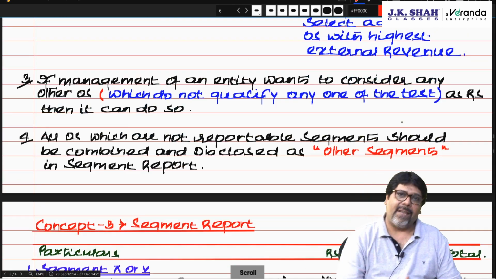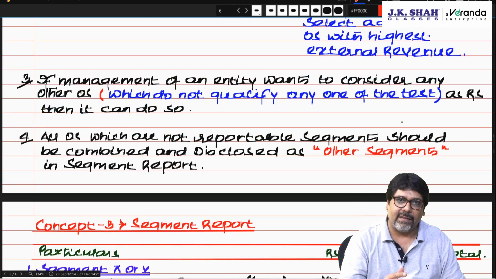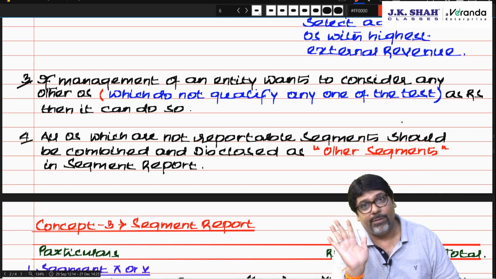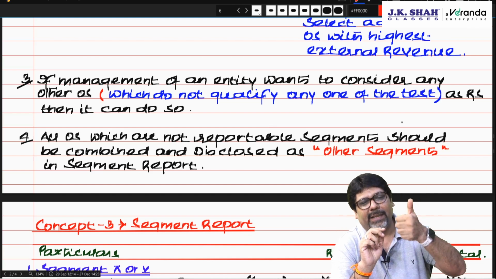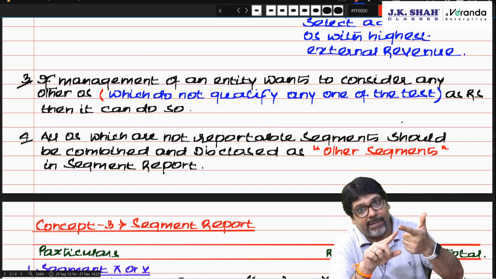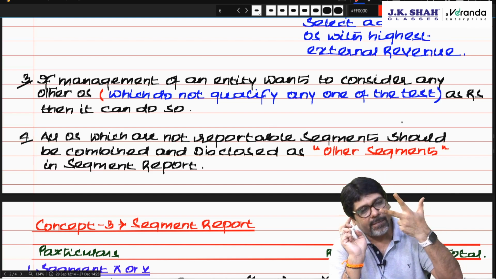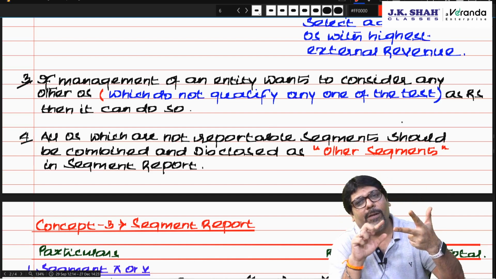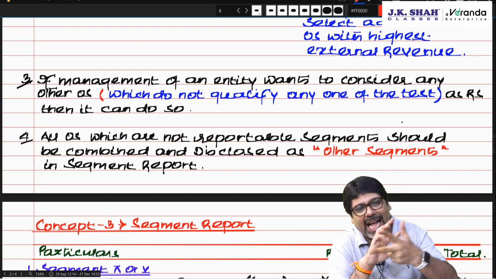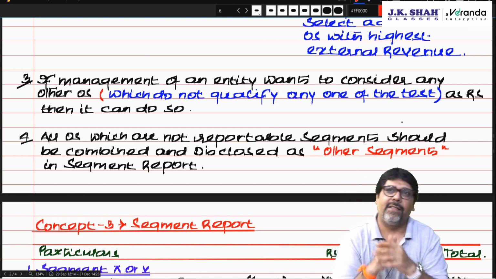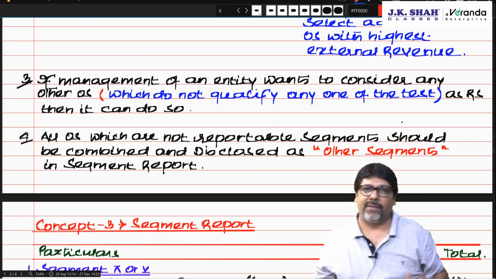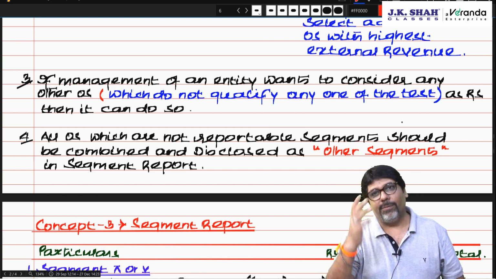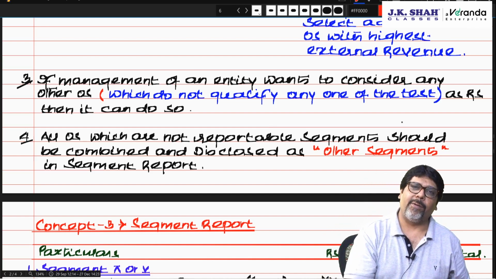Correct? Apart from this, if management desires to report any segment which has not satisfied any test, they are allowed to do so. So first is materiality test, second is comparative test. Last year it was reportable because of materiality. This year also it will be reportable. Third is overall. Overall means reportable segments' revenue should cross 75%, else include additional. After these 3 also, management feels, no, I want to report segment F. Why? My wish. It's a new segment. My shareholders should know what we are doing in a new segment.